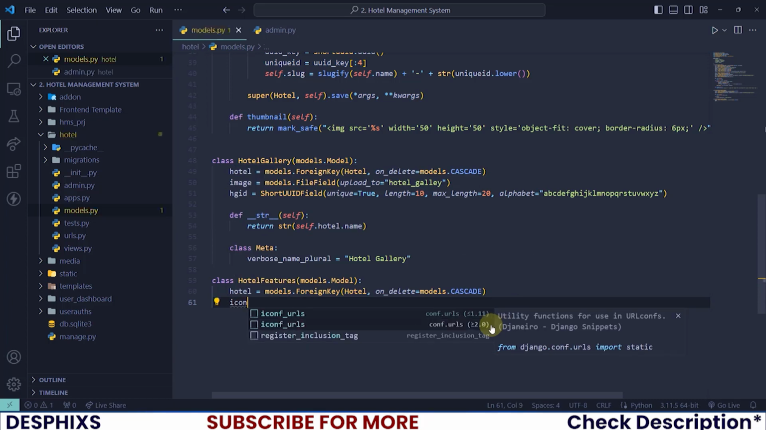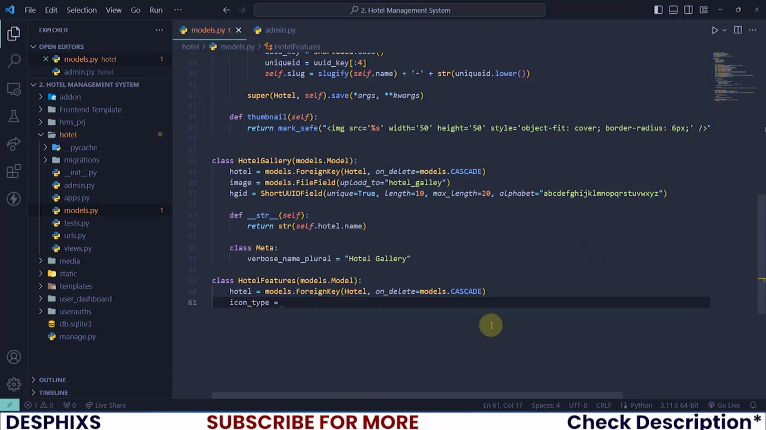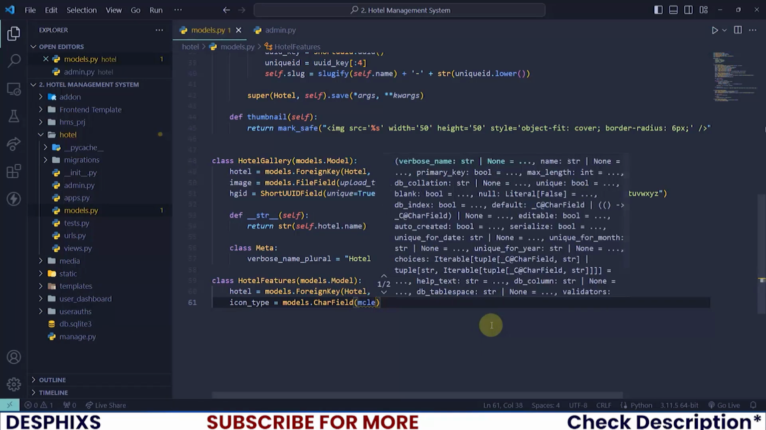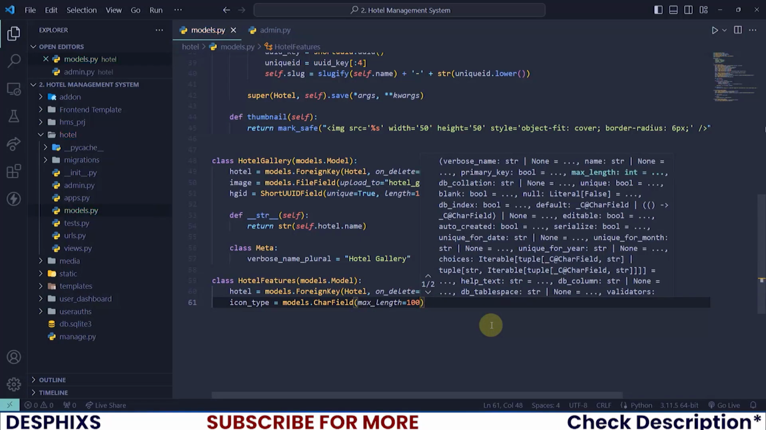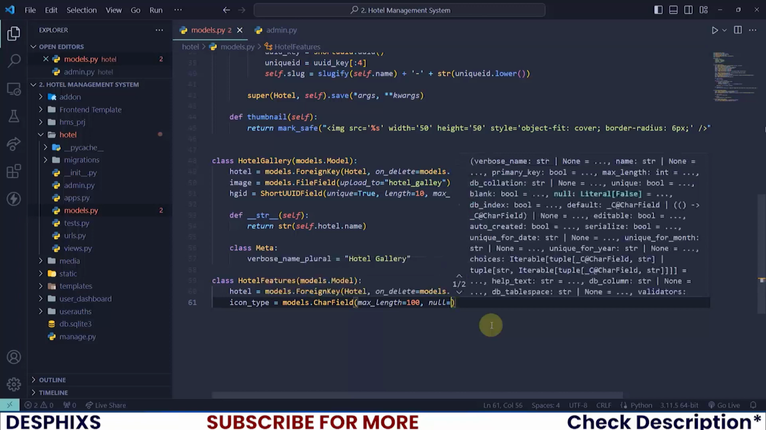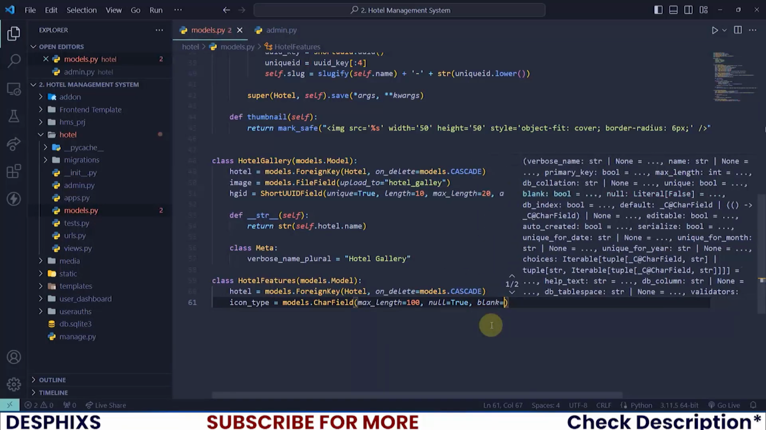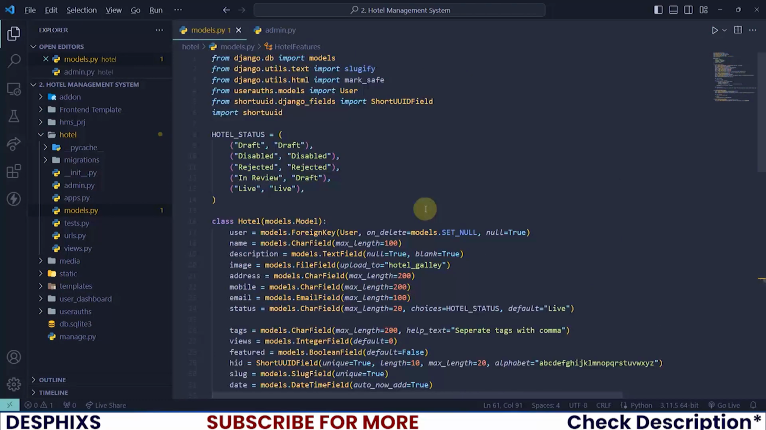So we pass in features. I also need icon type. This should be models.CharField. The max length should be, I don't know, let's say 100. Null can be true, blank can be true, and we need choices. So choices should be icon_type. Okay, so icon type. Now we need to go ahead and actually create this tuple somewhere here at the top. You could duplicate this one,